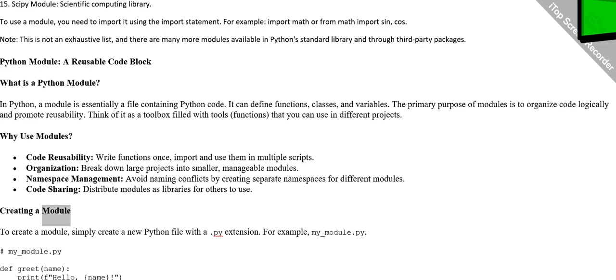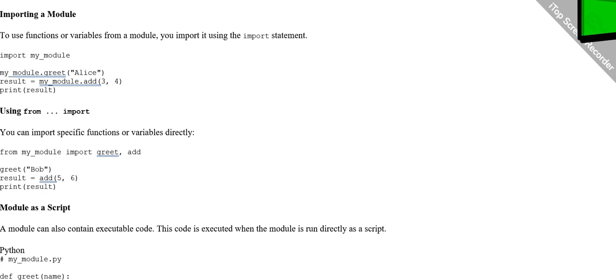Creating a module. To create a module, simply create a new Python file with a .py extension. For example, my_module.py. # my_module.py def greet(name): print(f"Hello, {name}") def add(x, y): return x + y